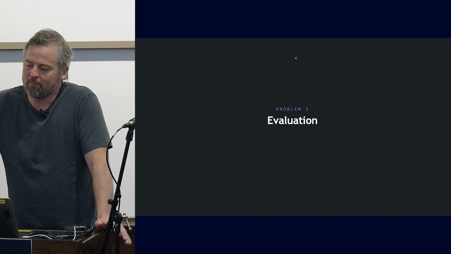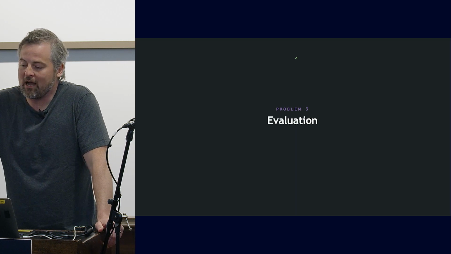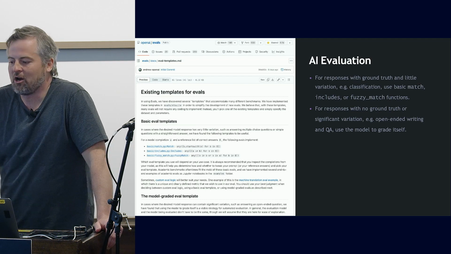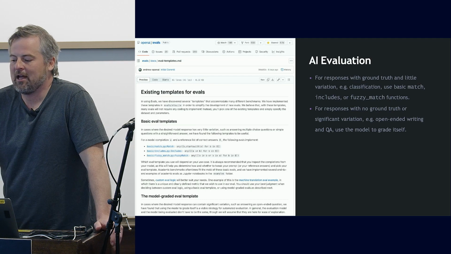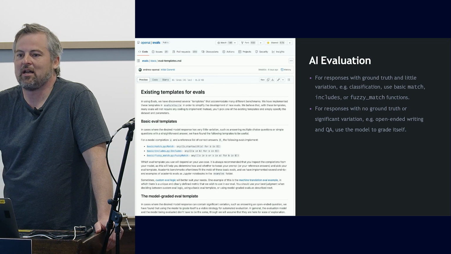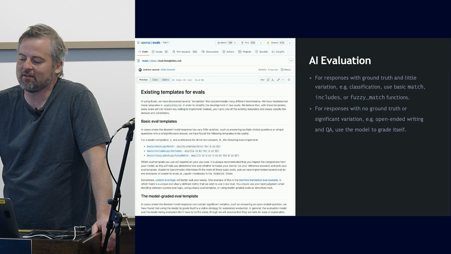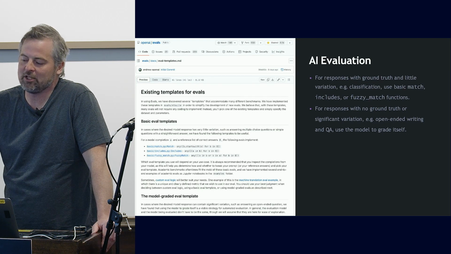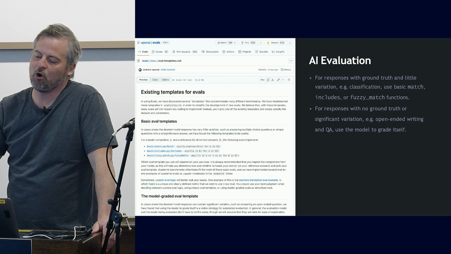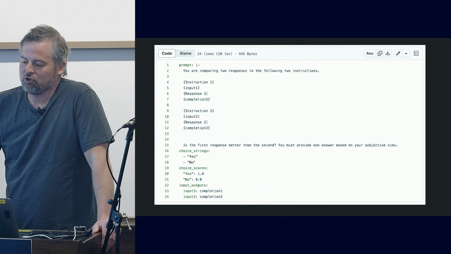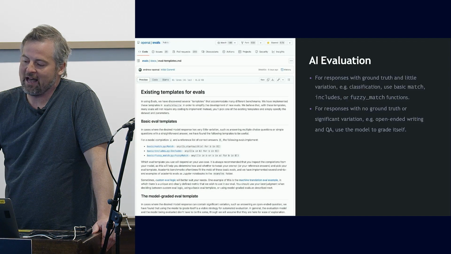I'll only talk about one idea that you may not have thought about, which is AI evaluation. Just like that paper from Anthropic on constitutional AI, there's a lot of evidence that models themselves can evaluate themselves. And so you can figure out which response is better by writing a prompt that evaluates the response. There's a great repository that OpenAI open sourced which gives some examples of this. It's called OpenAI Evals.